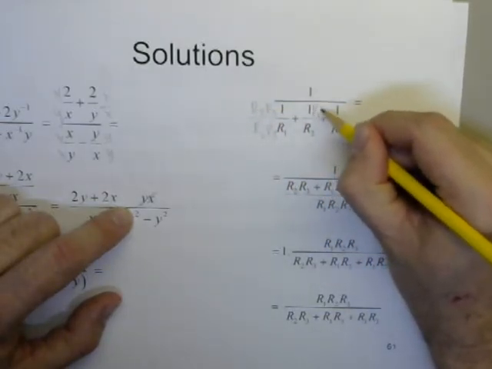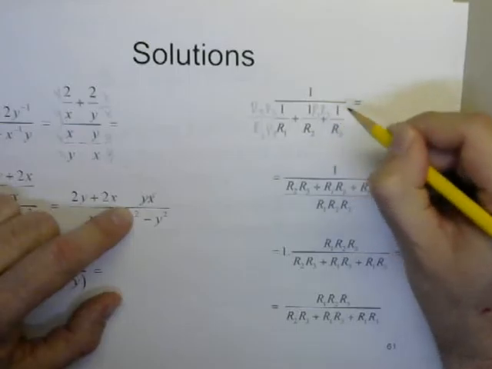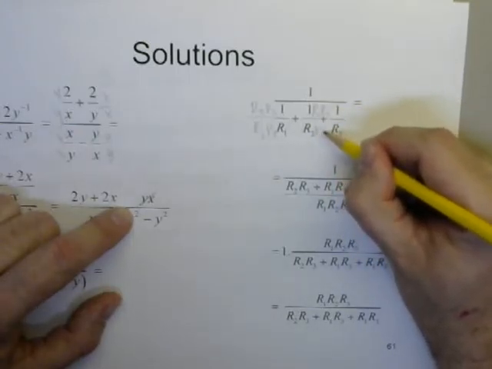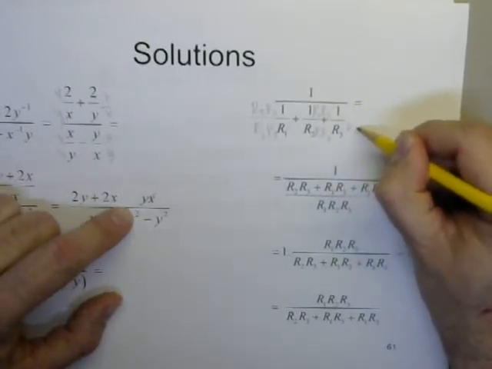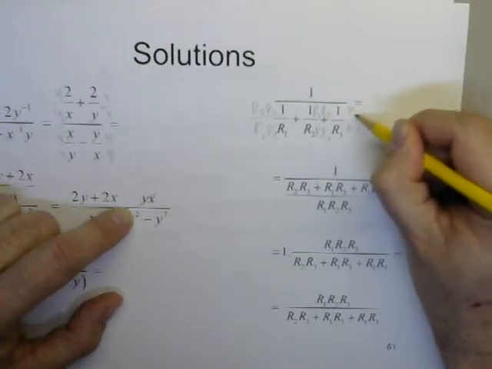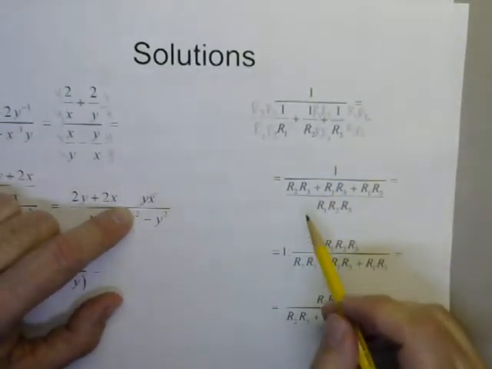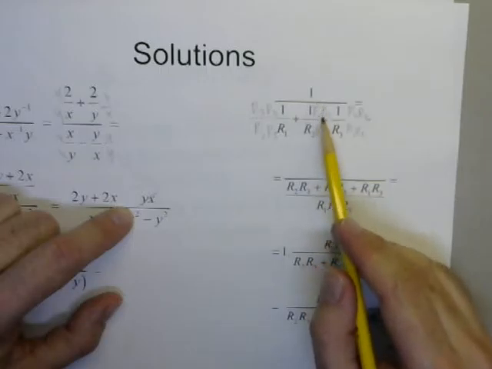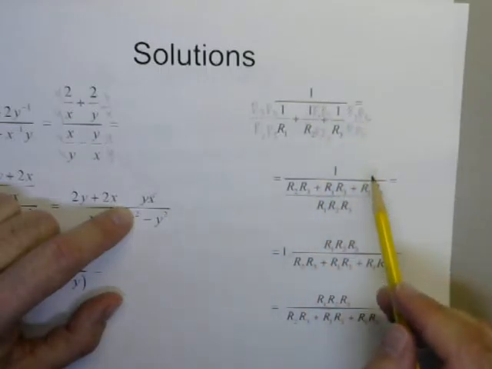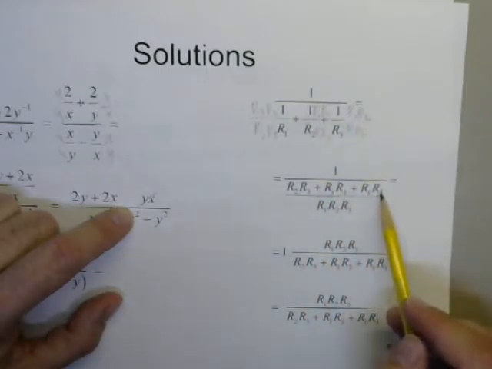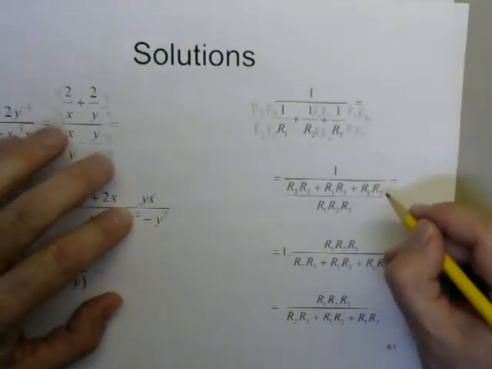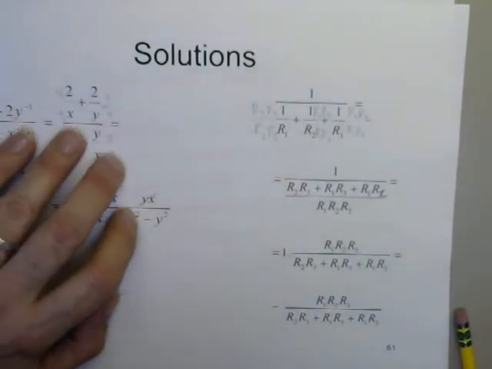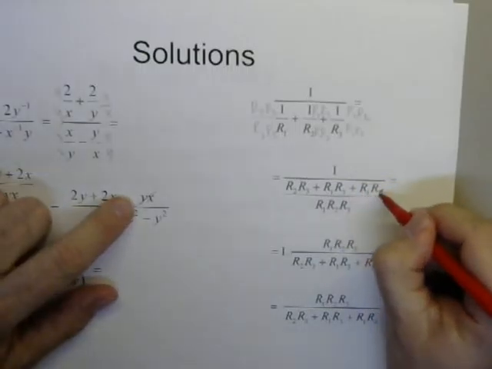Here I'd multiply by R1, R3. Same thing on the bottom. Here I'd multiply by R1, R2. Same thing on the top. Right? So if I do that, I'll just get R2 R3 plus R1 R3 plus R1 R2, oh sorry, this should be an R2 here, sorry, plus R2, and then that's going to be all over the